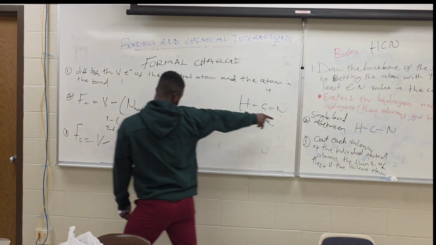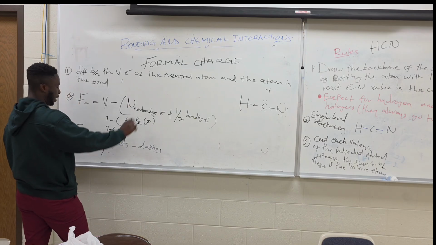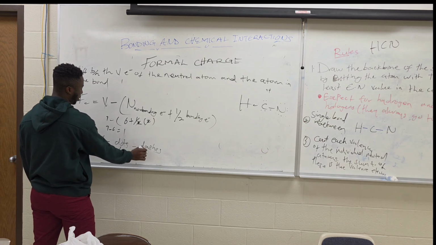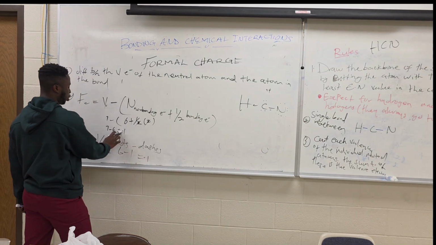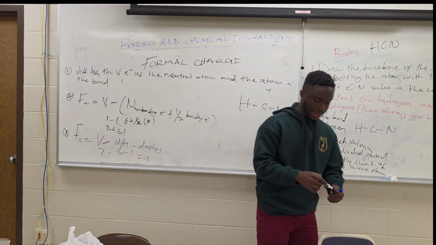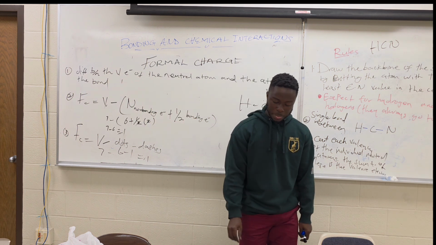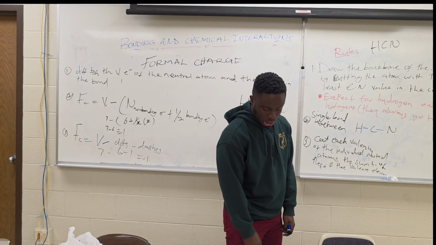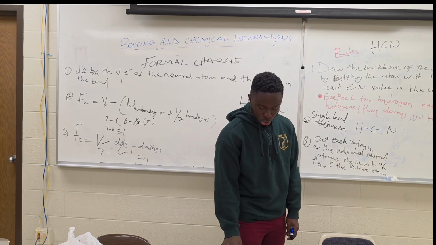So for the nitrogen, for this version, the valence electrons are 7. How many dots? 6. How many dashes? 1. So we get, oh, it's positive 1 for this one. So that's how you could go ahead and calculate your formal charge, right? We are going to pause here, and in the next video we are going to do